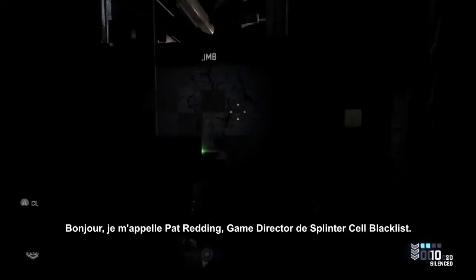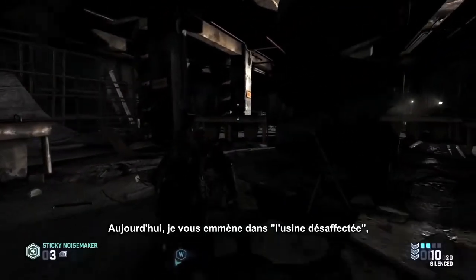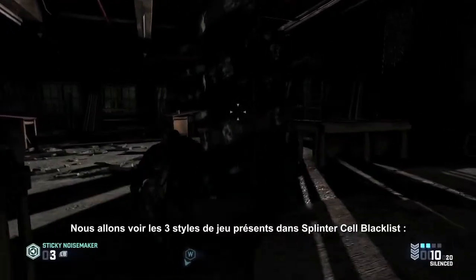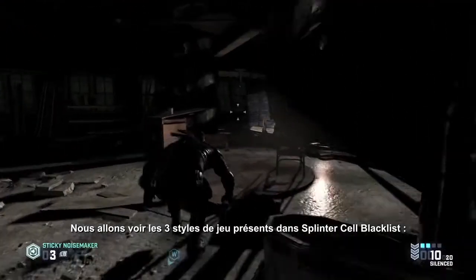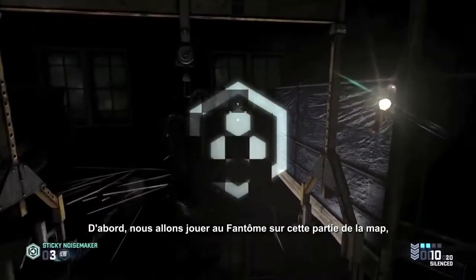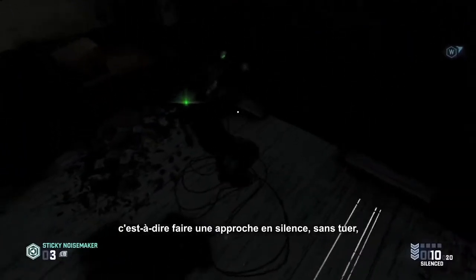Hi, I'm Pat Redding, Game Director for Splinter Cell Blacklist. Today I'll be taking you through the abandoned mill, and we'll look for a few different approaches for tackling this level. We'll be showcasing the 3 playstyles present in Splinter Cell Blacklist: the Ghost, the Panther, and Assault. First, we'll ghost through this section of the map, which means we'll take a silent, non-lethal approach and use the